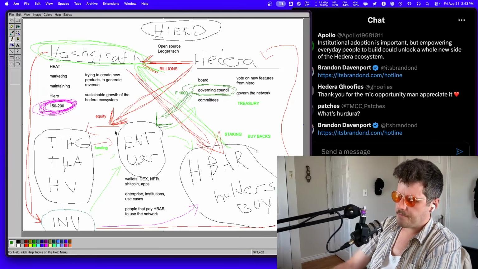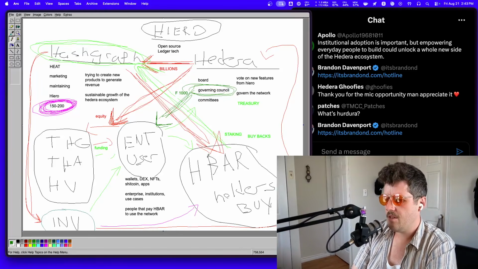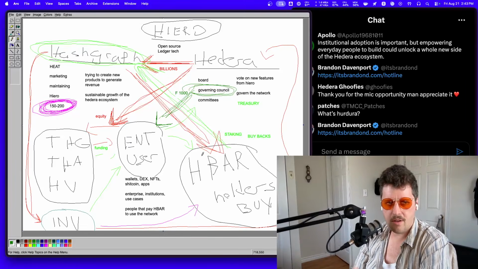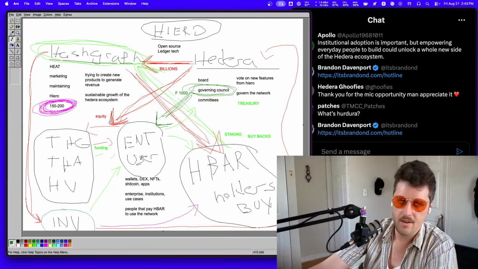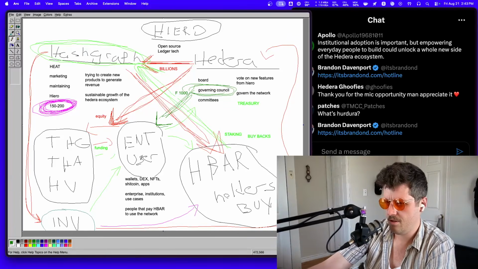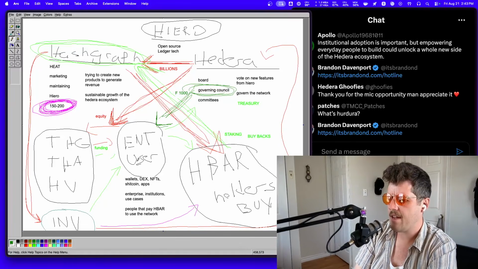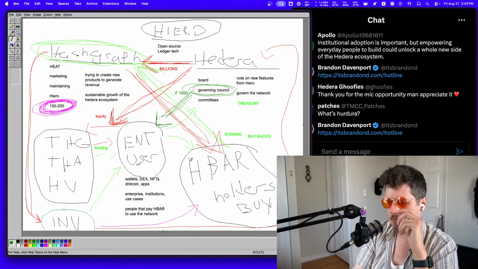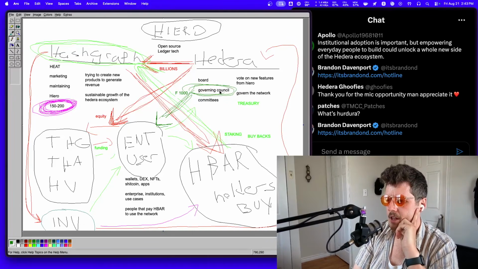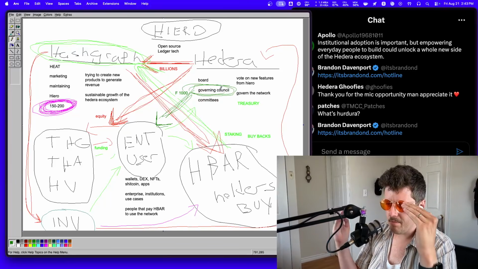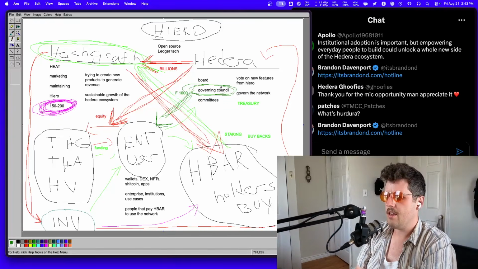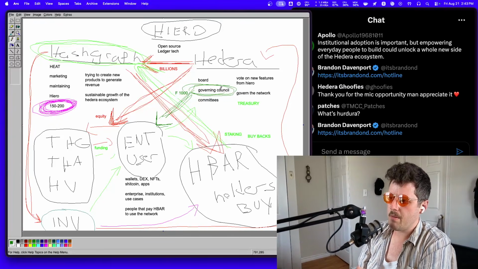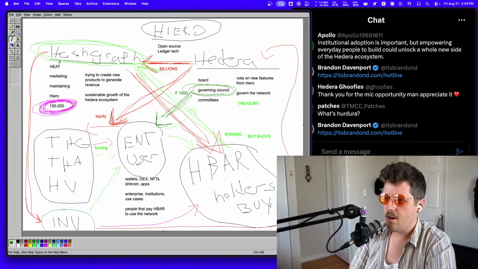And basically what we want to see is HBAR holders happy, and we want to see end users happy, because it could be huge. Oh, it's enormous. And that's really what it's about. And until this happens, there's so much pressure that is put on the governing council. There's so much investment made in doing this, and there's been so many problems that there was something created called